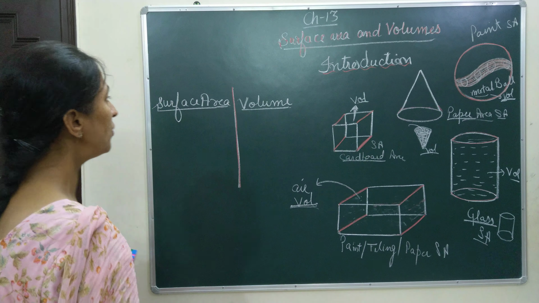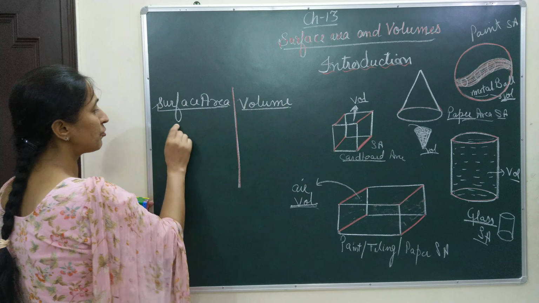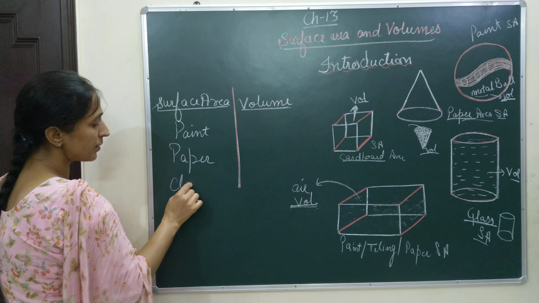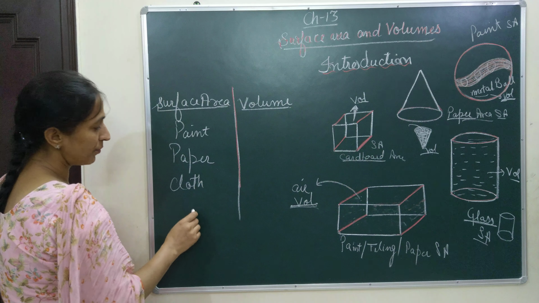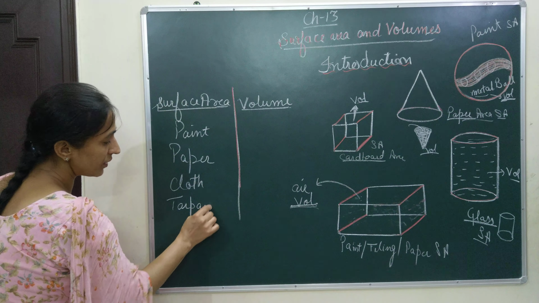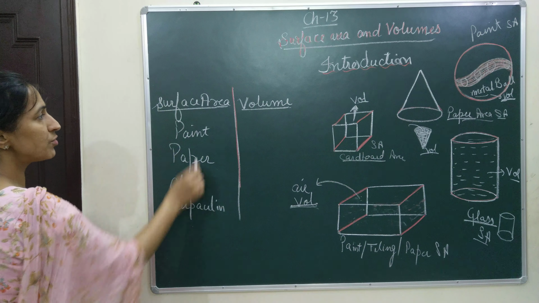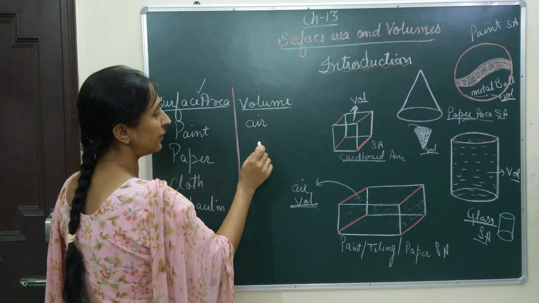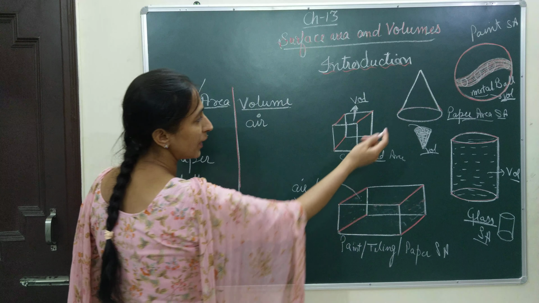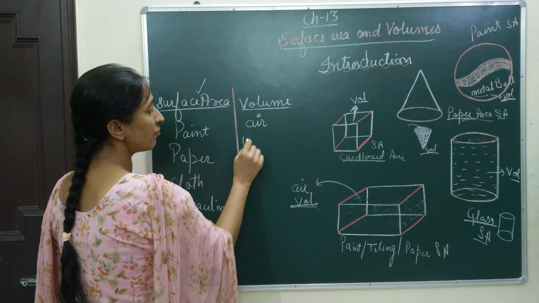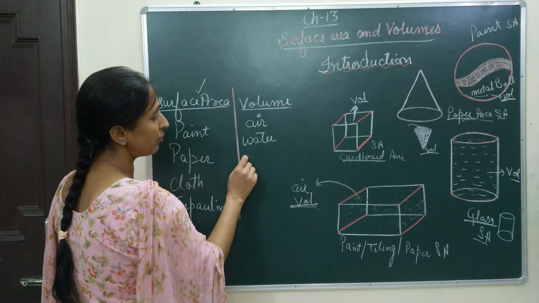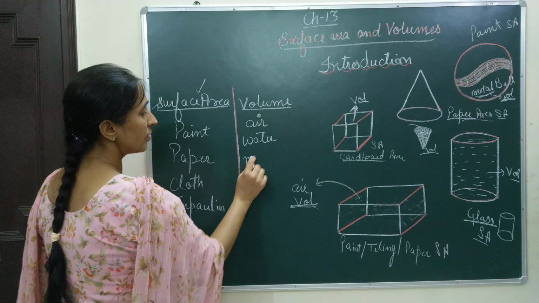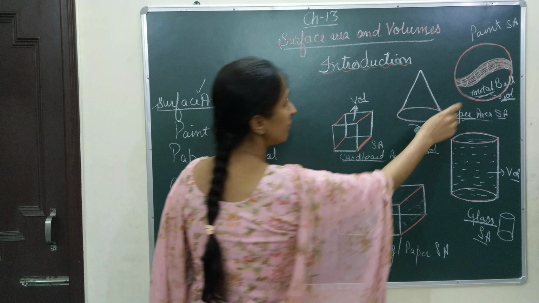So I hope this is clear to you, when to use surface area and when to use volume. If you are painting some article, or using some paper, or using some cloth to make that shape, or making use of tarpaulin to make a tent, then in those cases you will be finding surface area. But if you want to find the volume of air contained, the capacity of air contained in this room, whether in a cone or a cylinder, or the amount of water it can hold, or, like in the case we have discussed, it is made with metal and you want the capacity of metal in that shape, then we are talking about volume.